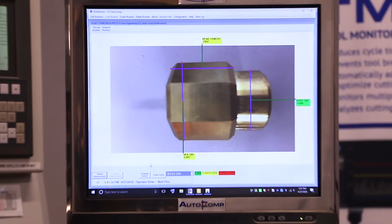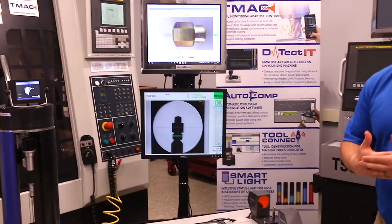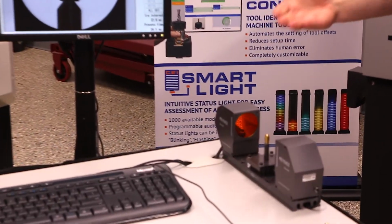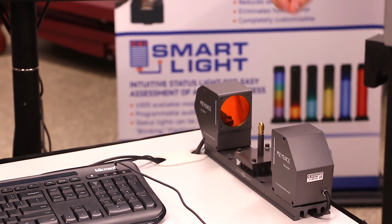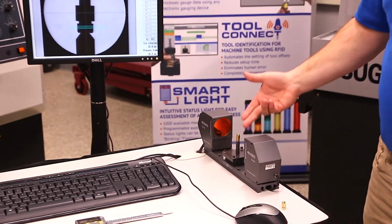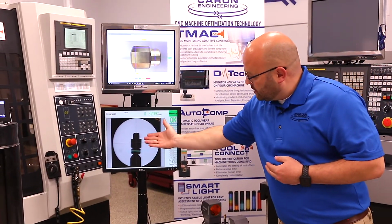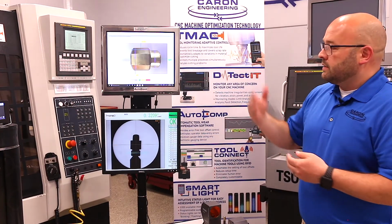Okay, the third gauge that I want to show you here today is a 2D laser micrometer. This one's made by Keyence. Now these are really great for scenarios where you have a robot placing a concentric part onto the stand and presenting the part. So as you can see this display here, all we're really going to do is instantaneously the